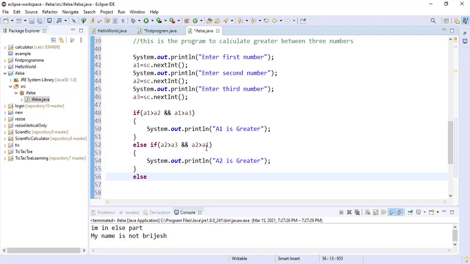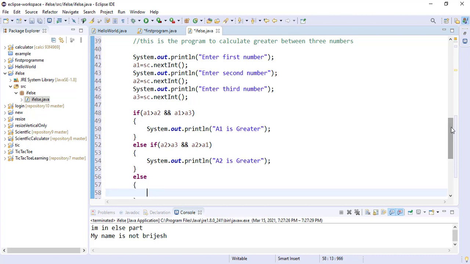So you can also type a3 is greater than a2 and a3 is greater than a1 inside else and again if, but you can also type other code in else. So it is your choice. If I have 2 numbers then I have to use it 3 times, if, else if, and else. If I have 4 numbers then I have to use it 4 times. So I hope you understand how this works.